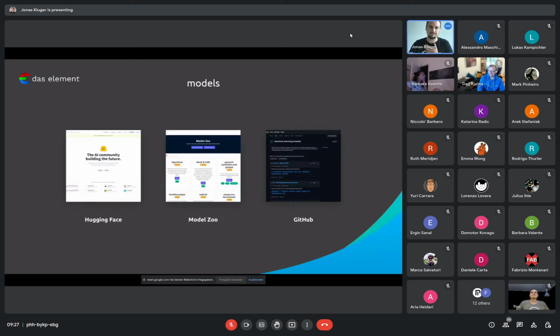All right, models. I think you discussed a little bit about that last week. Models are basically algorithms packed together, doing magic things. And there are a few resource pages where you can get these models. Hugging Face, for example. I think they got funded for 100 million, just this year.